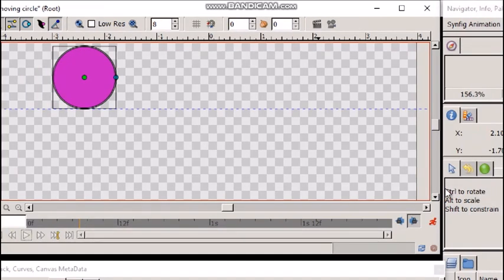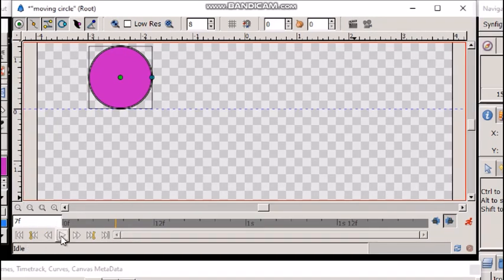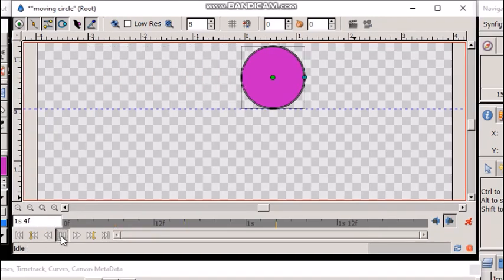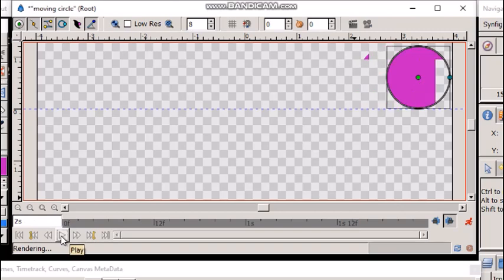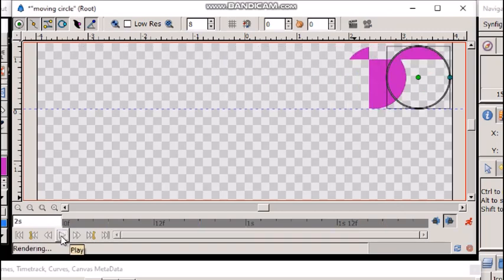This process is known as tweening. These frames, when displayed together, will give an effect of a moving circle like this.